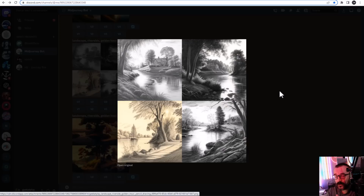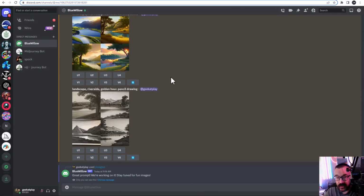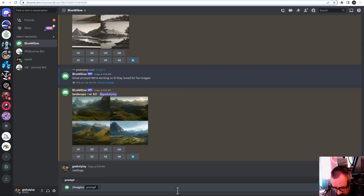Okay, so on a medium style, whether it's oil, watercolor, or pencil, it works very, very good in this case. Okay, let's go right now and check how fast the service is actually working. By the way, I'm trying Imagine, and they don't have different fast or slow modes right now with BlueWillow. Right now it is just all speed, a test of speed. So we're going here and like